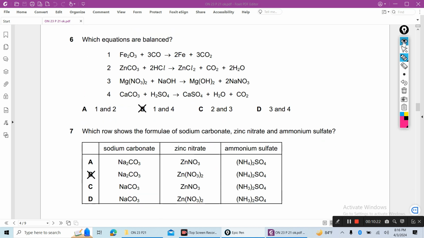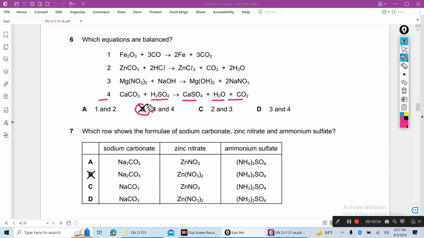Number 6, which equations are balanced? You know, one equation, 2 iron, 3 oxygen, 3 2 is 6, so equation 1 is balanced. And also 4, calcium carbonate plus sulfuric acid gives calcium sulfate plus carbon dioxide plus water. B is the correct answer. 1 and 4